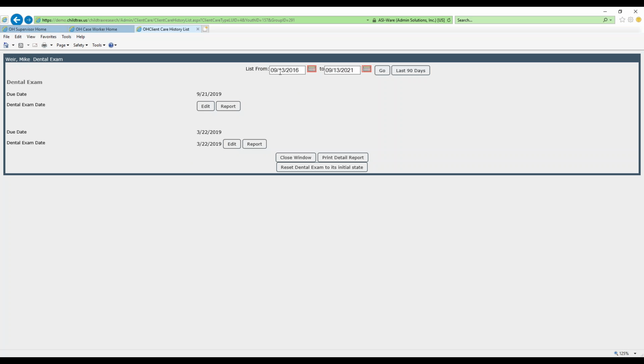Now, when you first come here and these are blank, if you just hit go, we'll go back 5 years and we'll go ahead 3 years, so you don't have to type in a date range. Or if you just want to look at the last 90 days, you can click that button. Now, once you get the results up here,